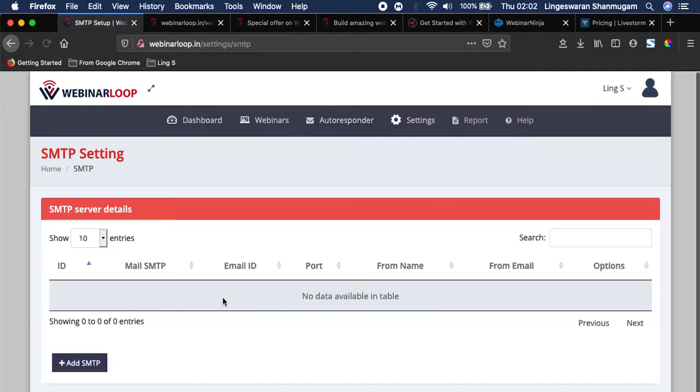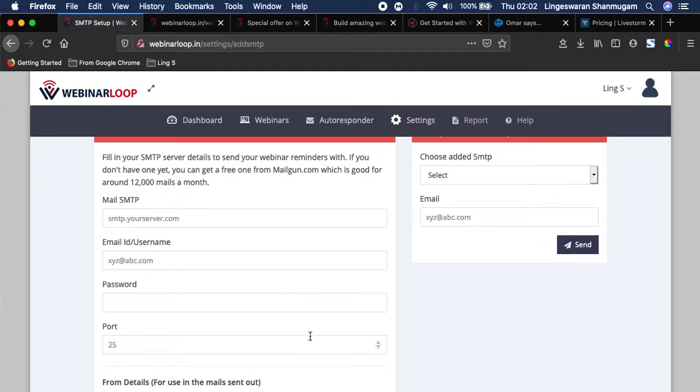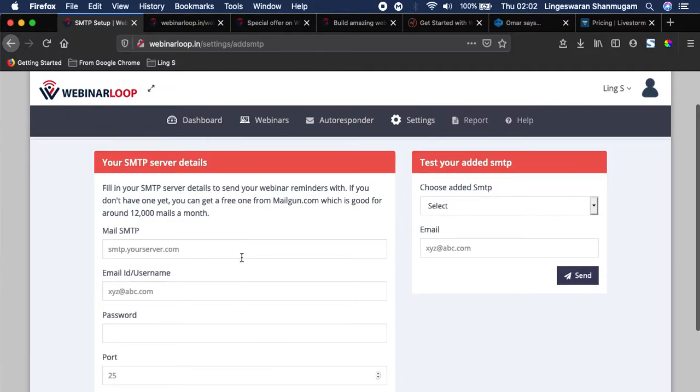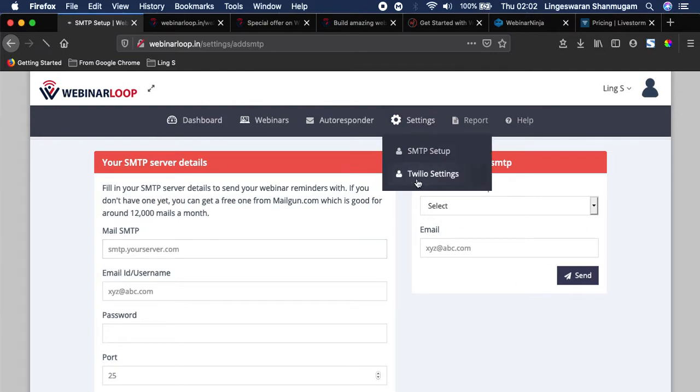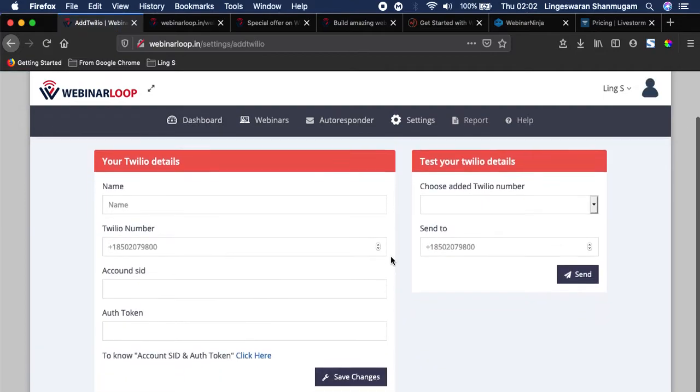So let's go into it. This is a form which you need to fill in, and you get this information either from your hosting company or your SMTP provider which you have access to. That's possible. And let's dive into the Twilio API integration form, which you can set up,